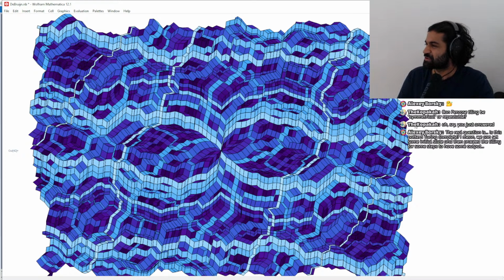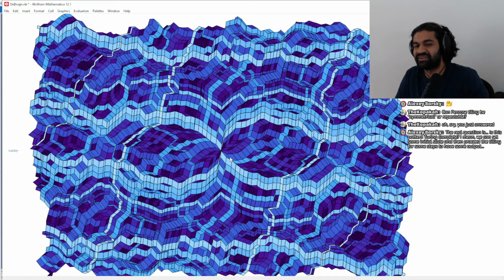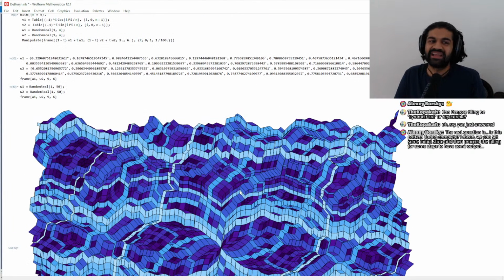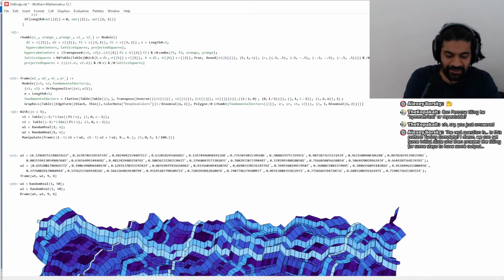I think it'd be pretty cool to put this on a wall or make a wallpaper out of this. There's a way to get rid of the central symmetry that this has. So this is the same if you rotate it 180 degrees. There is a way to get rid of that. I didn't write that in my code. But there is a way to get rid of that. Actually, we can just